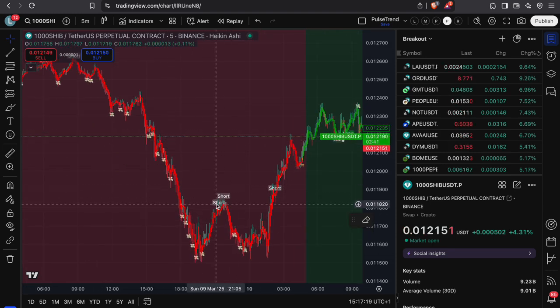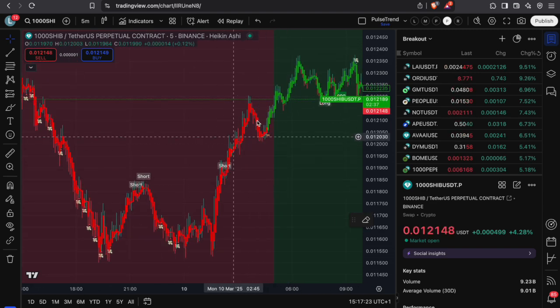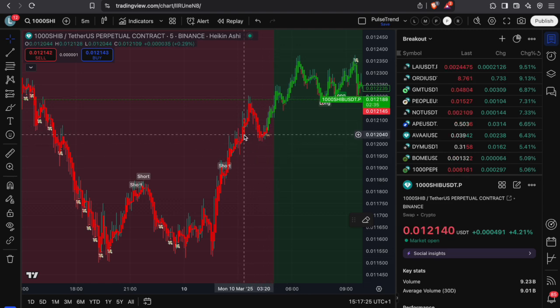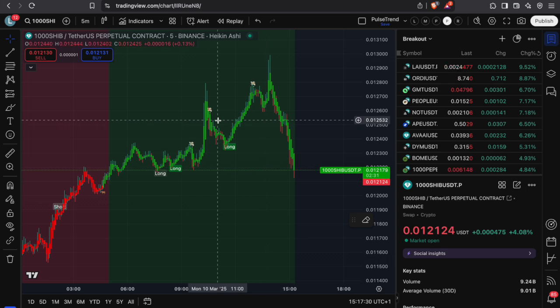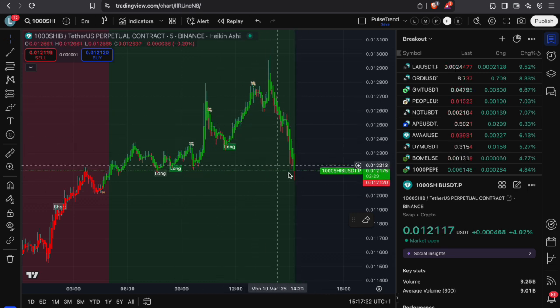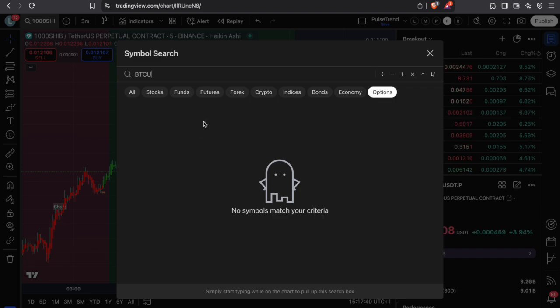So these short entries are getting more and more exhausted. So we pretty much can assume, okay, we might see a trend change here. And see, here we have a trend change confirmation and the price went up. And now we see it's going down, so we have to wait and see what's going to happen. And if we look at Bitcoin,